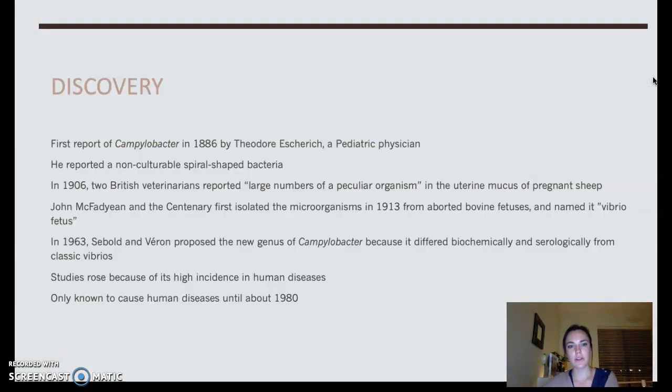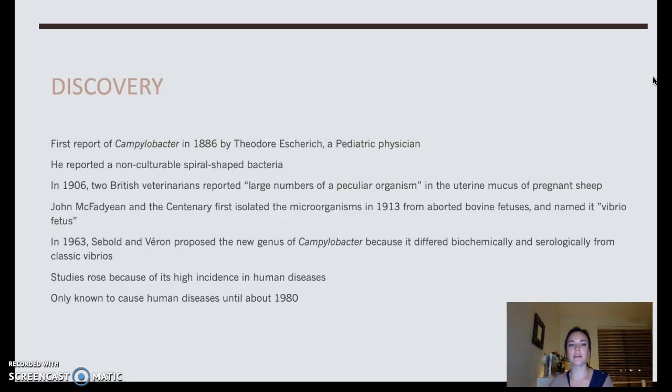It was first discovered in 1886 by a pediatric physician who called Campylobacter a non-culturable spiral-shaped bacteria from an infected patient. Then in 1906, two British veterinarians reported large numbers of the bacterial organism from the uterine mucus of pregnant sheep who had a diarrheal illness. And it was first isolated in 1913 from aborted bovine fetuses, and they named it Vibrio fetus because it looked